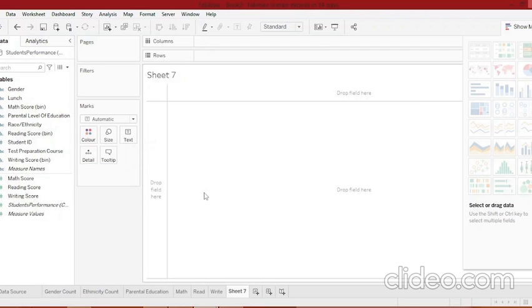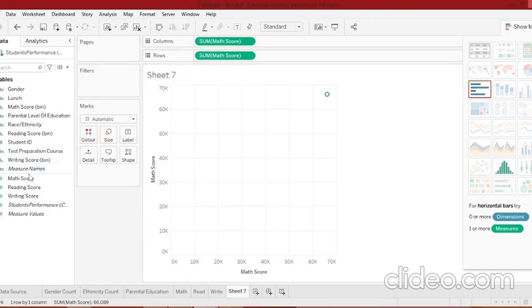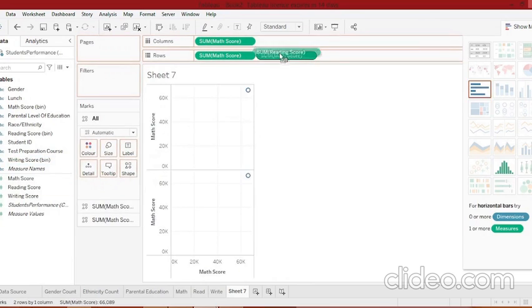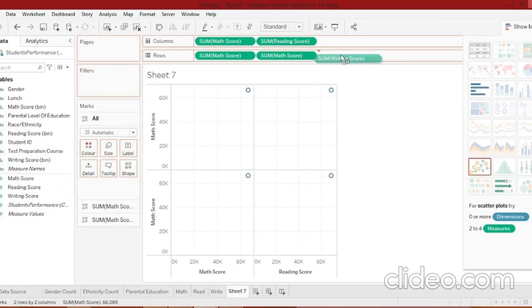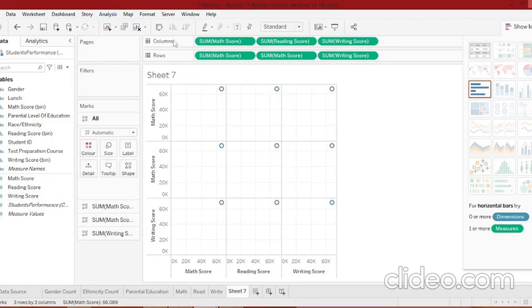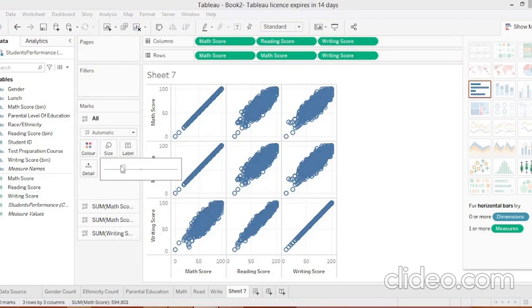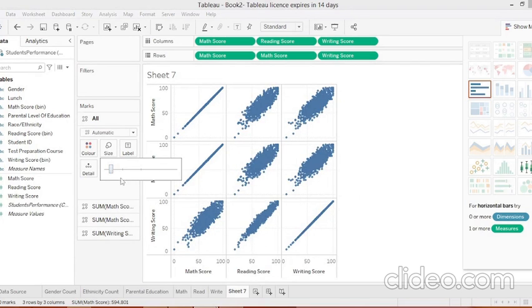First, I'll create a correlation measure of all these scores. Correlation tells me how much each variable is related to the other variable. So I move all these numerical values to the rows and columns. This is a simple method of doing correlation, and from this, the size option, which we have not explored till now, lets us reduce the size of those circles, etc.